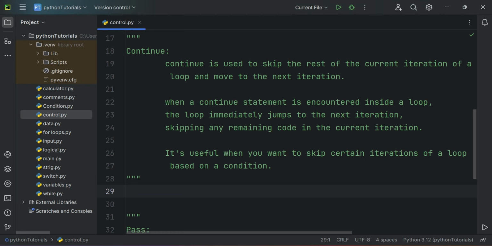Imagine like this, in my class I have 9 students, and the 5th student is absent today. To skip the 5th student, you need to use the continue statement. For example, let's say